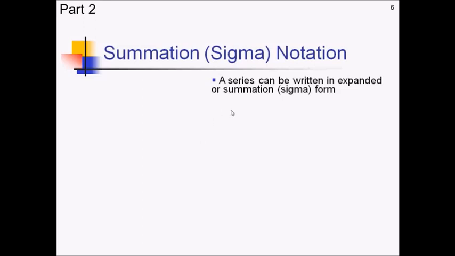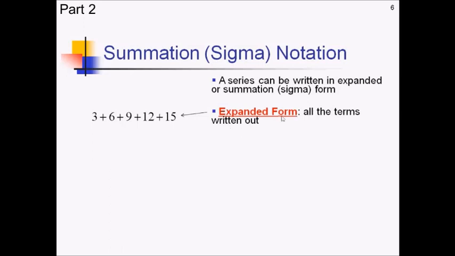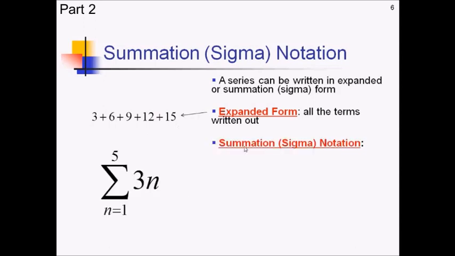So there's actually two ways to write out a series: in expanded form or summation sigma form. You've been using expanded form this whole time. It looks something like this. It's basically all the terms of a series just written out. Now, another way of writing this, especially if you have hundreds of terms, is using something called sigma form